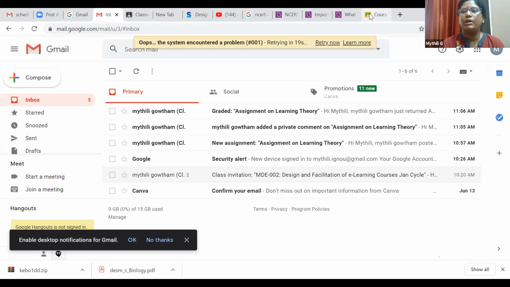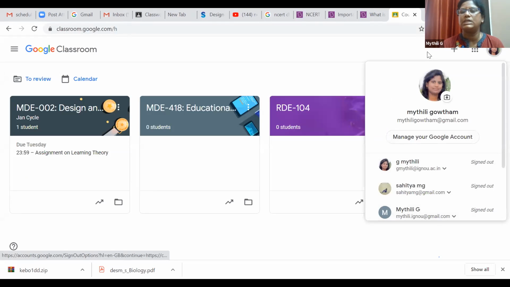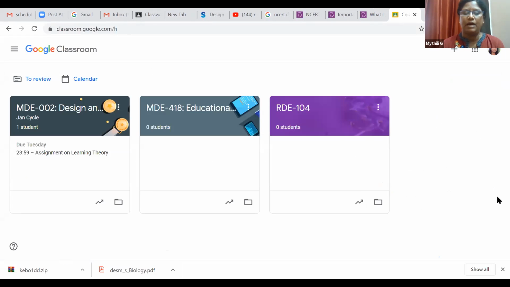So first of all, I am in the classroom. I logged in with my Gmail ID. These are the already available classrooms, so don't worry about why they are displaying. First, I'll take you through the teacher role. Then I will demonstrate how to add students, and what the student page looks like, how the student will view the classes. Right now we are in teacher mode, so as a teacher, we will discuss what you need to do.